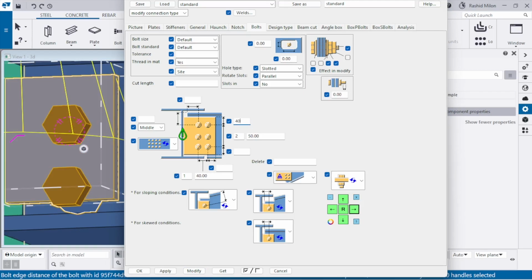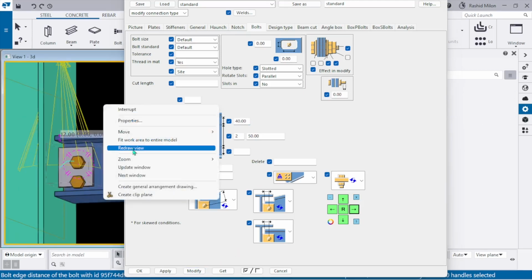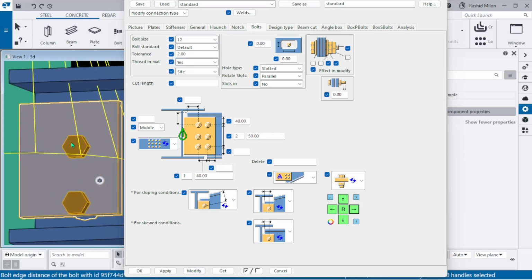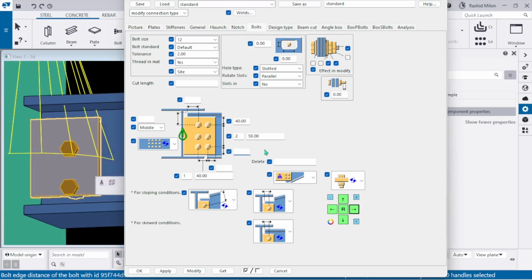So come down from there is also 40. Default bolt size should be very small bolts, so M12 is fine. We can change this M12 bolt size. Okay, M12 bolt size, so both sides will be now 30, this also will be 30, then the 40, 30, 30,